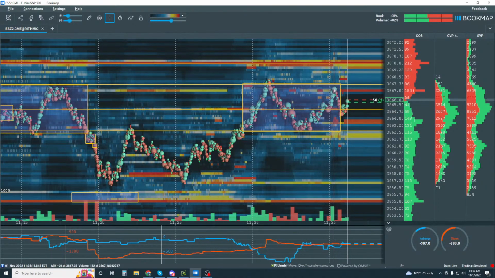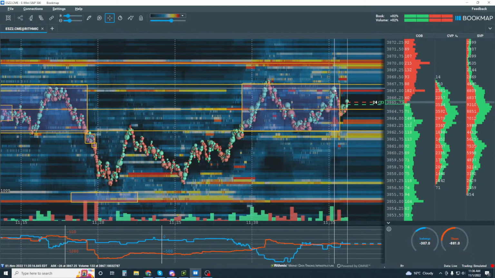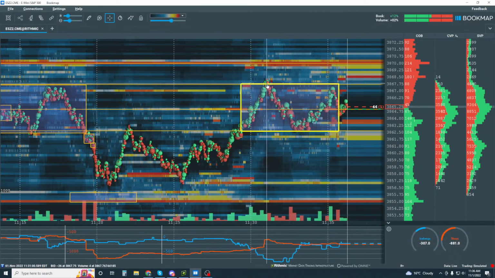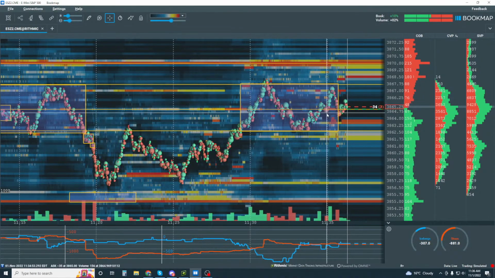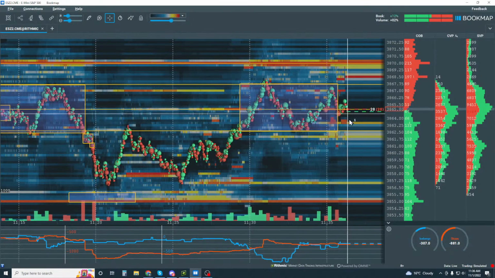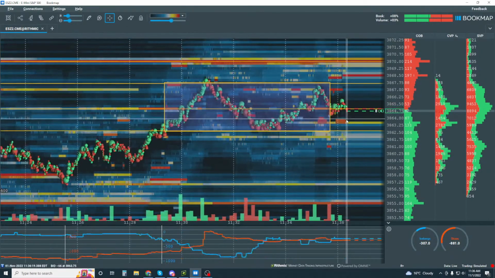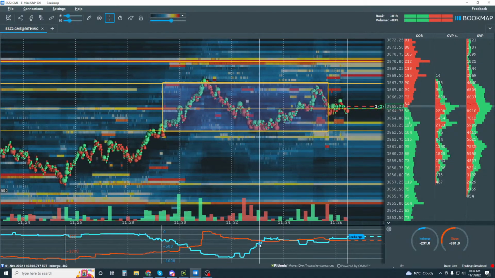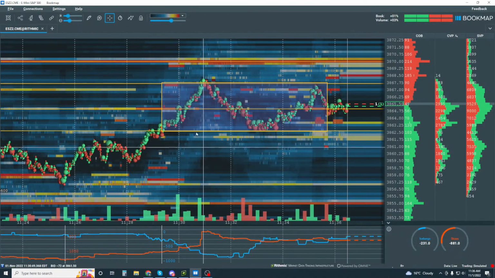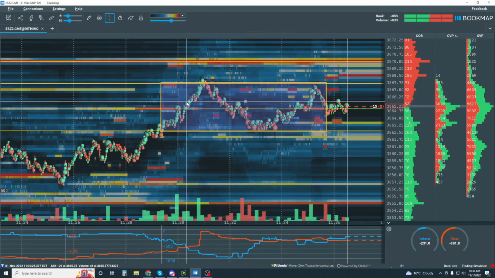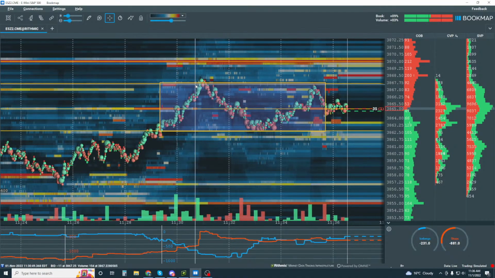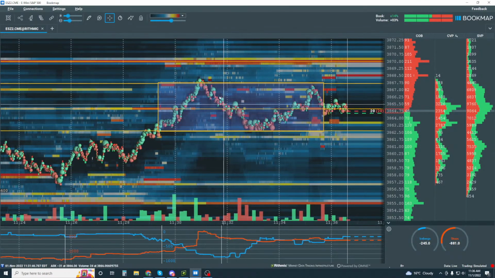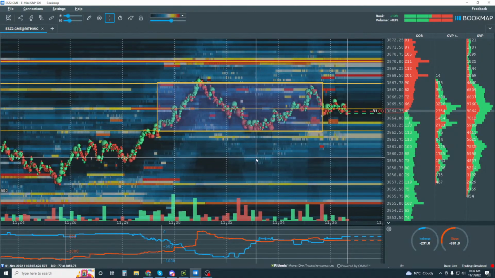Where in the structure here, see how they made a lower high here? Okay, that's not good. I want to see it trade up here, and I want to see buyers up here. Okay, and we're just right back in the middle of the range here. Okay, so I still don't see much in here, and I'm not getting much out of stops and icebergs at the moment either. We have a stop run up here, right in here, and then we have these icebergs buying in here. So it's kind of a back and forth battle at the moment.